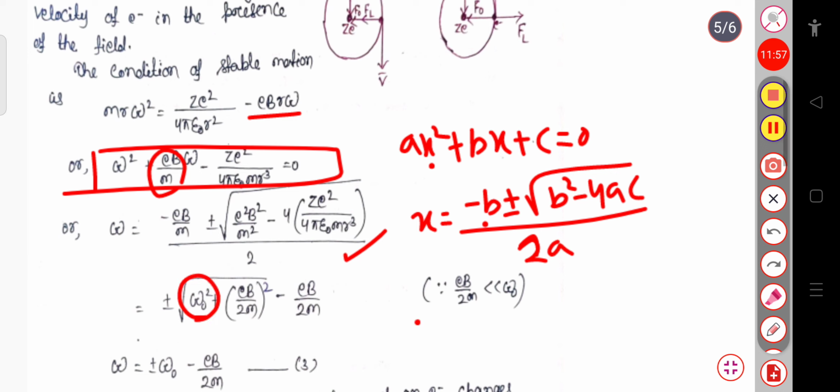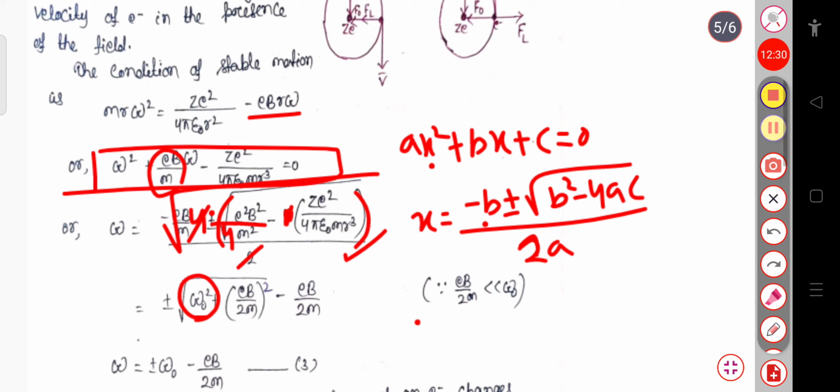So simply for that we have substituted omega naught square. So to take common 4, so here if I will take common 4, in this expression, simply just divided 4 in the first term, and here I have just removed this 4 term and this whole, and again the root over of this much. Are you getting my point? If I will take common 4, this will be simply e square b square divided by 4m square minus z square divided by 4 pi epsilon naught m r cube. Now the square root of 4 will be 2. So this 2 get cancelled.